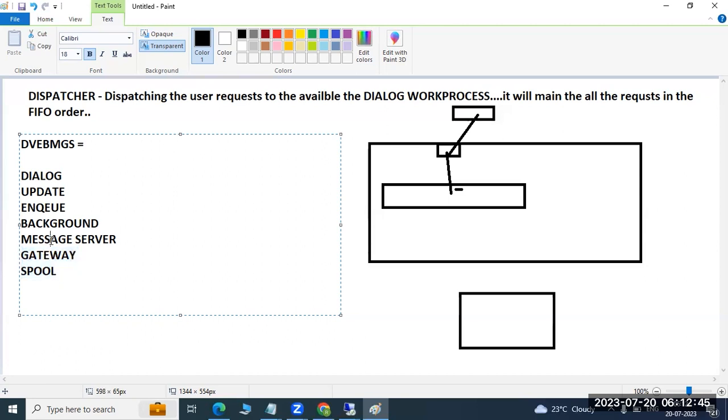Why? Because these two are in the ASCS instance, the ABAP SAP central services. These two are the central services, so it's only one. But application servers we can build more, depending upon